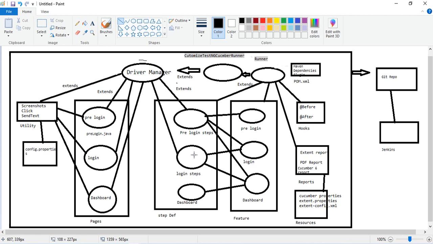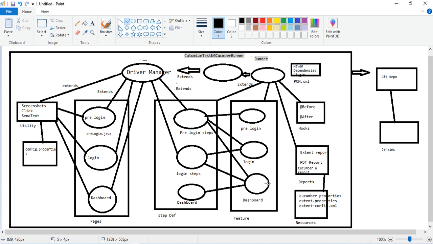Then here I'll be entering the email and password, and after that I will be navigating to the dashboard screen. Okay, so all these are also connected. Actually this will be connected, I will show you. So my dashboard will use the step definition for the pre-login, login, and the dashboard.